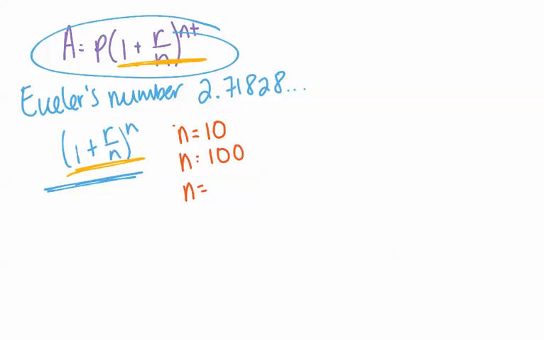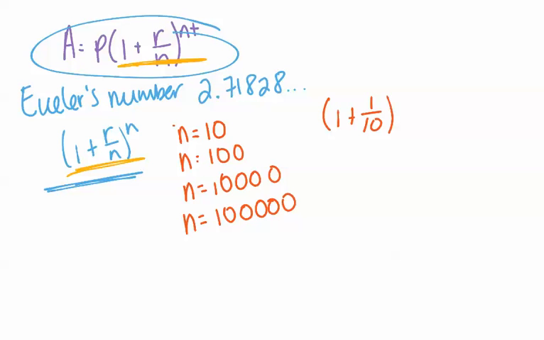Then we can even say n equals 10,000. We can say n equals 100,000. So what we're doing is we're going to take n into this formula, and we're going to say that r equals 1. So we're going to go ahead and say 1 plus 1 divided by 10 to the 10th power. And if you type that in your calculator, you get 2.59374, etc. Then we can say, okay, 1 plus 1 divided by 100 to the 100th power. And you type that in your calculator, and you're going to get